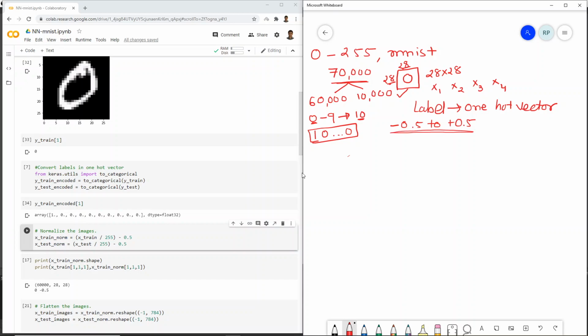So each pixel value will be converted, the range will be converted from minus 0.5 to 0.5 instead of 0 to 255. We have converted it. Still, this is 28 by 28. The shape is this only, right? Okay. Now, next,